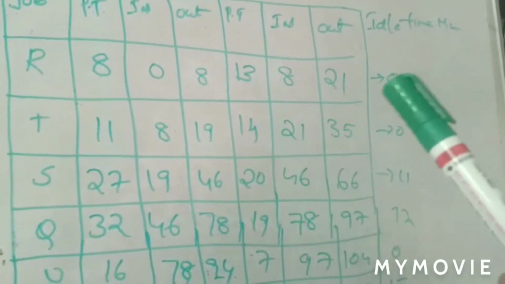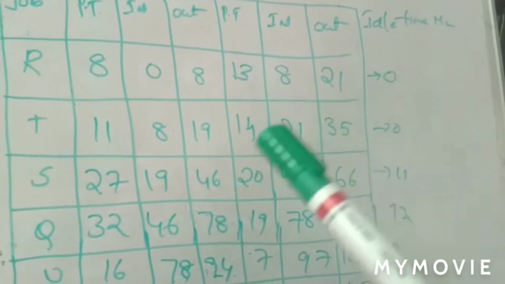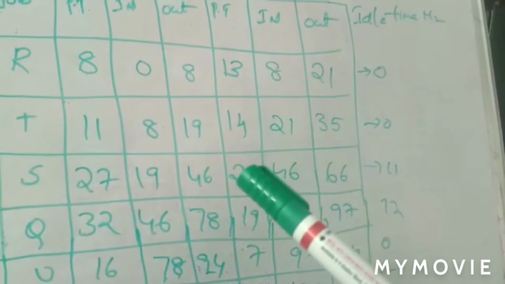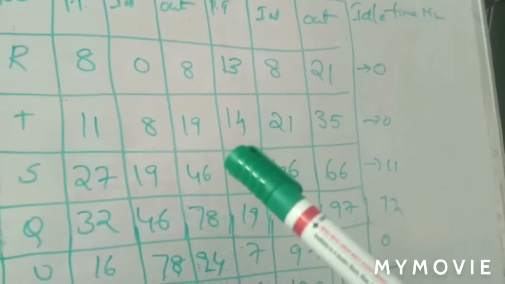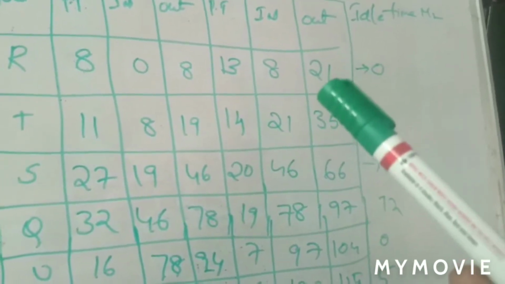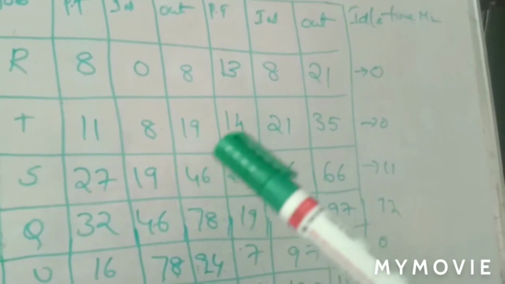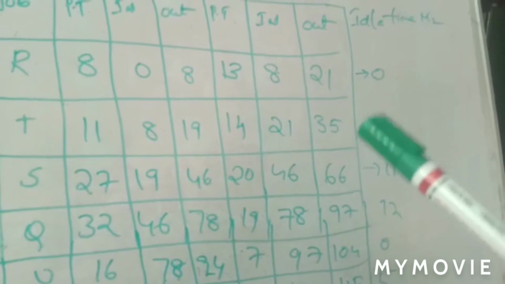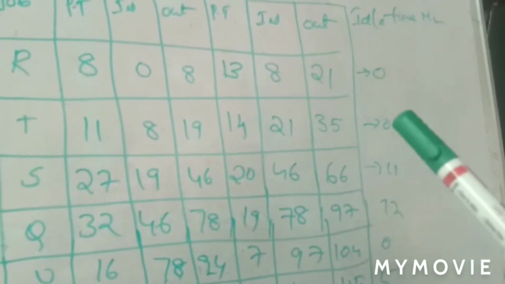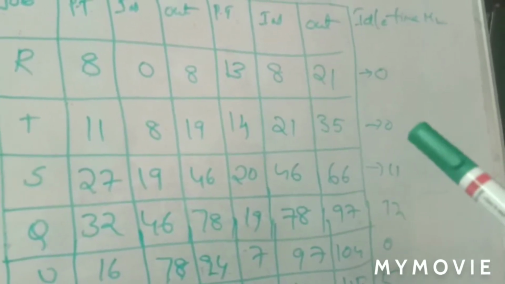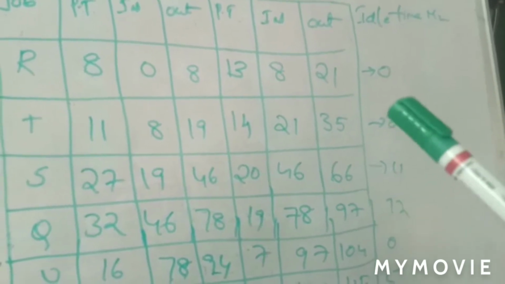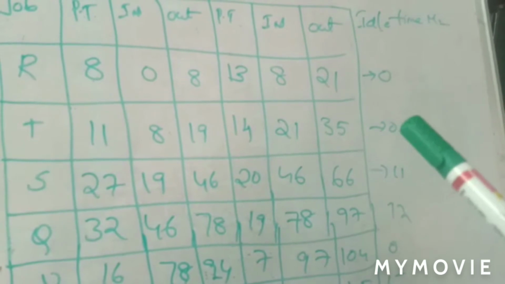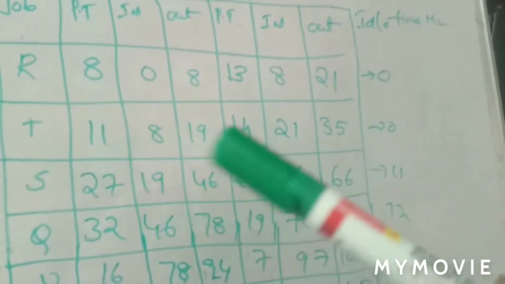Next, in the second case, 19 here. In this case the out time is 21, and for machine 1 the process completed in machine 1 is 19. Here it is 21. That means machine 1 is very well in advance. That means machine 2 idle time is 0, because there is no need to wait for machine 2. You can proceed. So 14 plus 21 equals 35. So idle time is 0 because in this case there is no need for waiting.